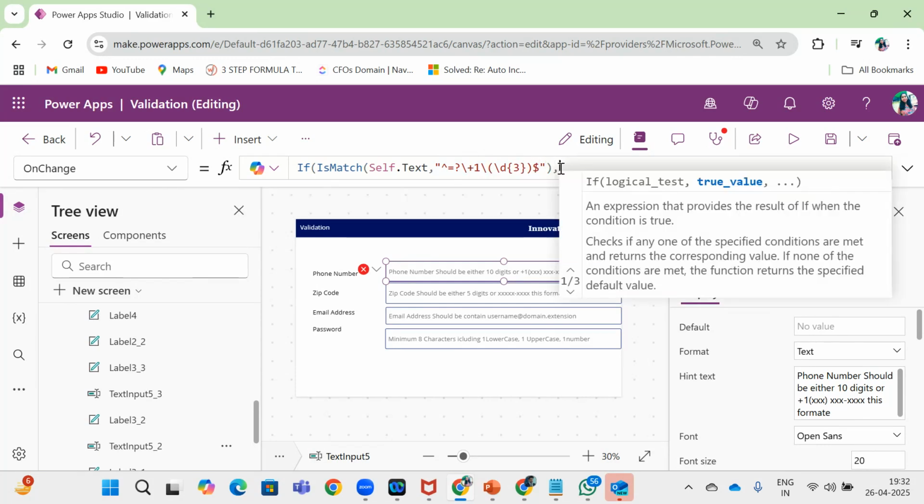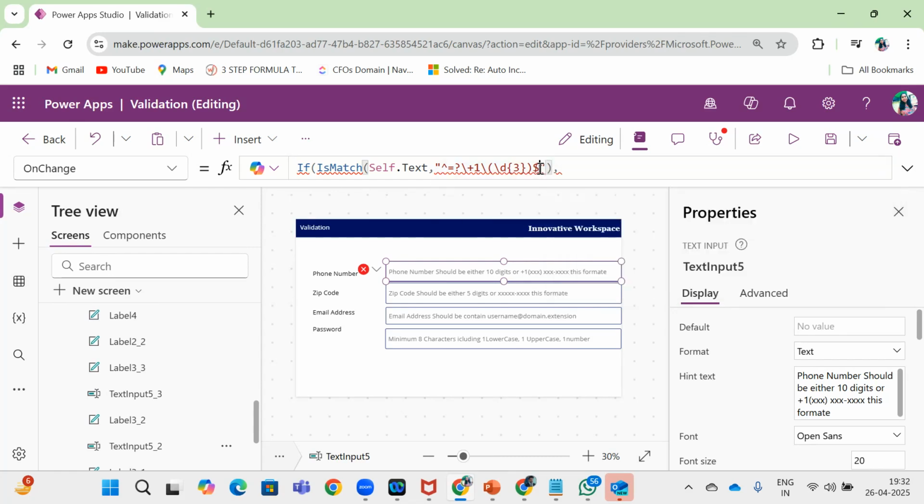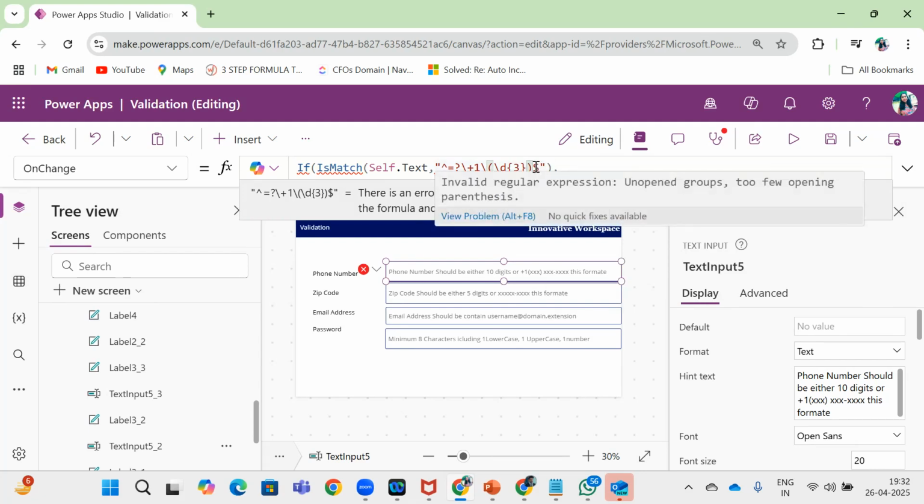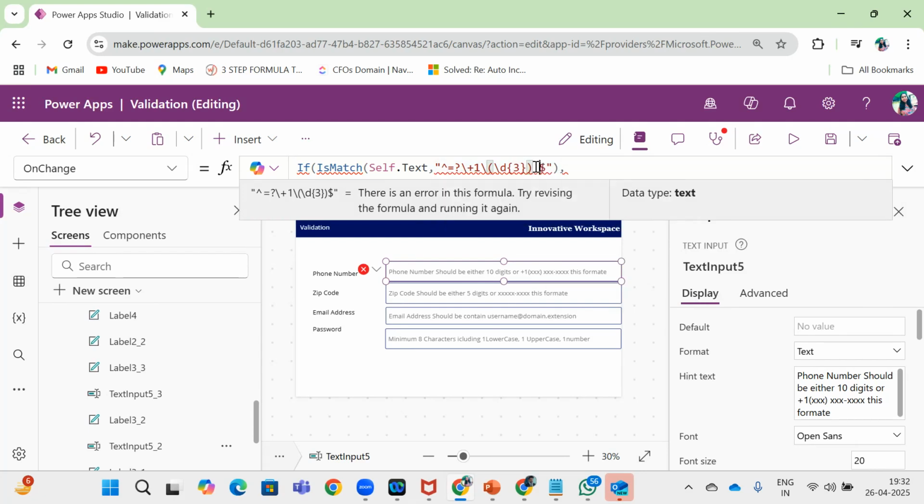Now the bracket close. After that, we need one space, backslash d, 3 digits, hyphen. Now it should be 4 digits. So again backslash d, 4, dollar. So if it is matched with this,